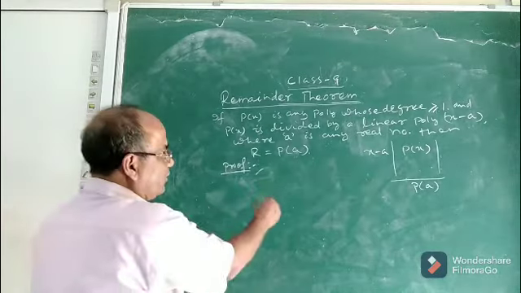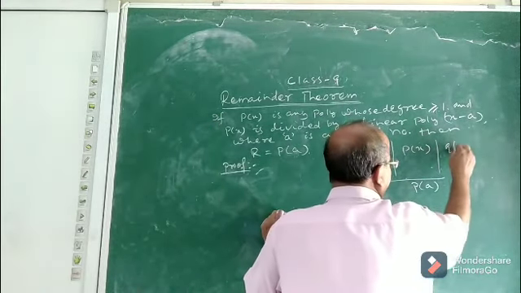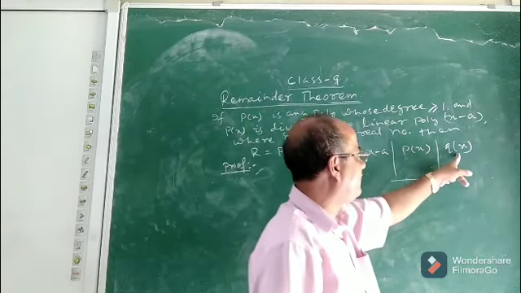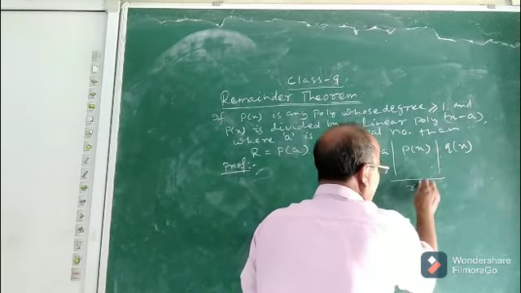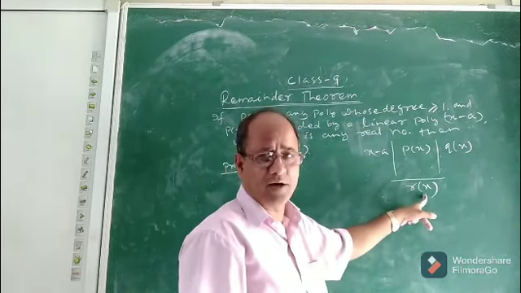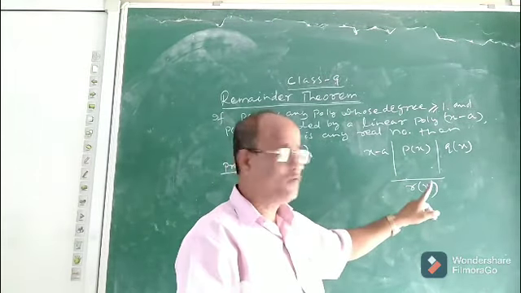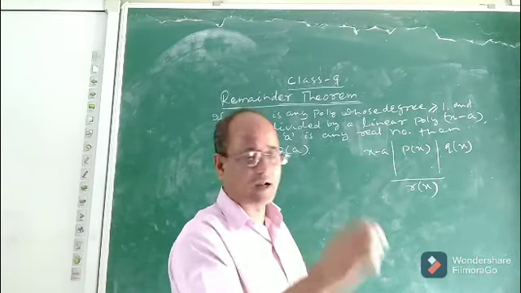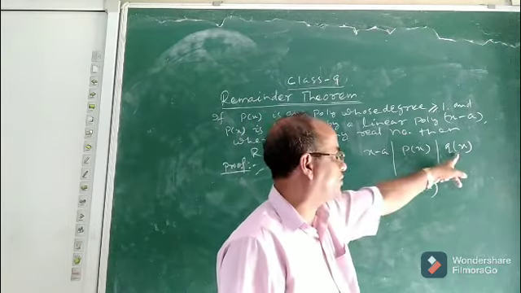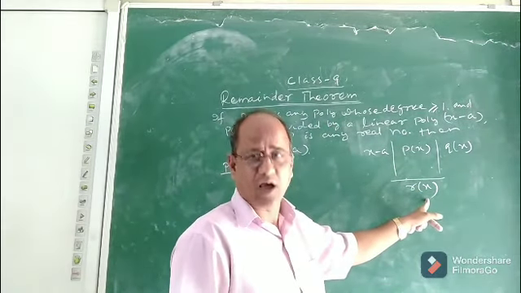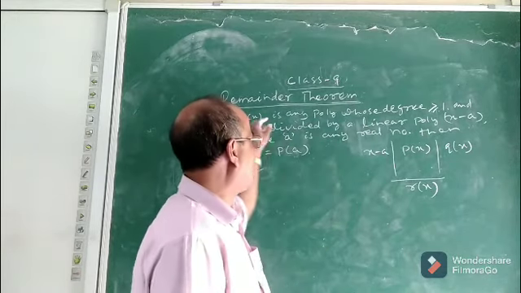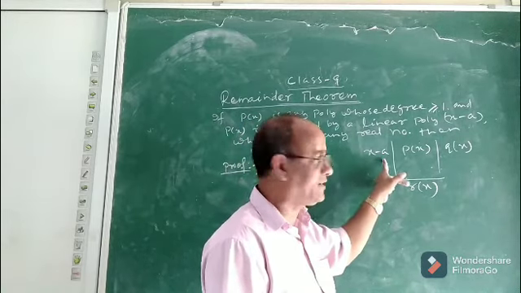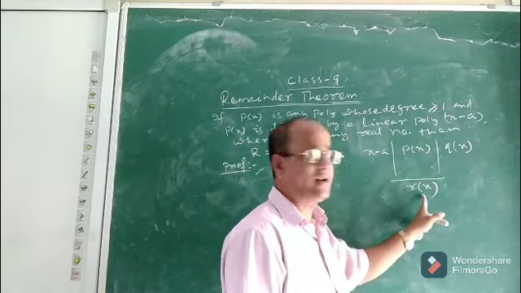How to prove? Suppose the quotient is Q of x. Let P of x divided by x minus a give quotient Q of x and remainder R of x. These are all polynomials. It is not a new thing for you children, because we discussed all these things in class 8, in the polynomial chapter. Dividend equals divisor into quotient plus remainder is known as the division algorithm. So to prove this remainder theorem, let P of x be divided by x minus a such that it gives quotient Q of x and remainder R of x.